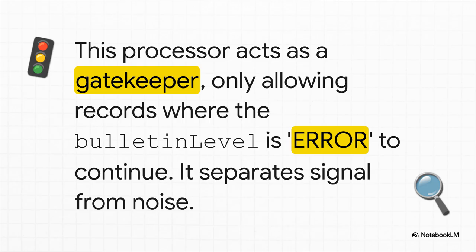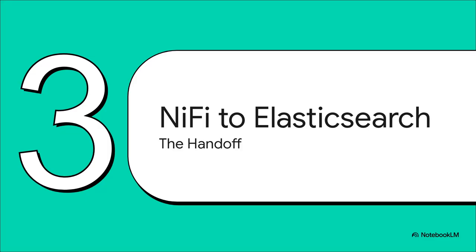All the other stuff, like warnings or info messages, gets sent down a different path. This keeps our pipeline laser-focused on the real problems. So, we've captured our data, we've cleaned it up, we've filtered it, it's now prepped and ready for the next